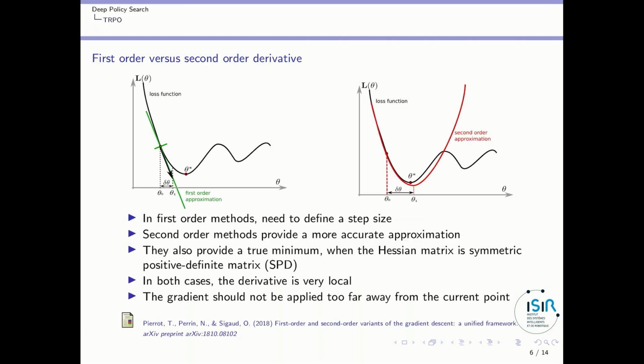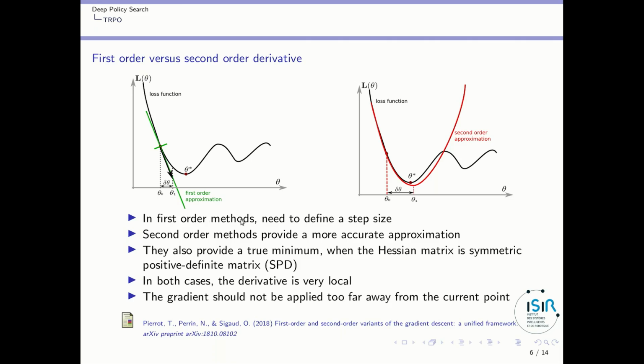So more precisely, doing this is using the natural policy gradient. If you want to understand these points better, I insist that you have a look at my advanced gradient descent video, which is also available on YouTube, or better, that you read this paper where, together with Thomas Pierrot and Nicolas Perrin, we explain different first order and second order variants of gradient descent algorithms. And here we will explain what's happening when we use the standard gradient or the natural policy gradient.